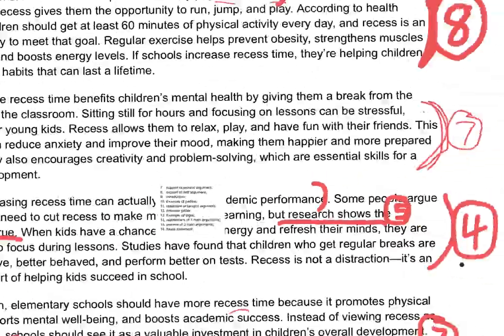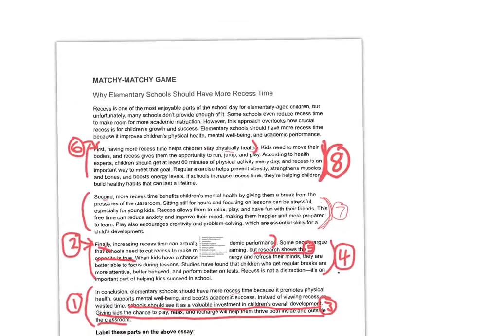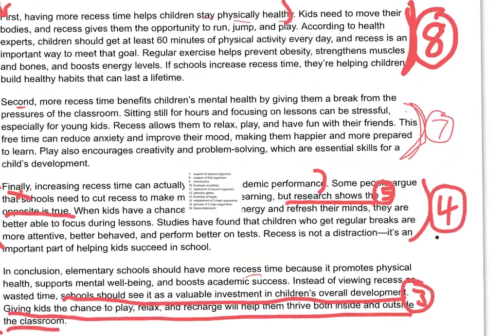number 9 is the introduction. Where is the introduction in this essay? Introduction is the first paragraph. So I'm going to draw a little bracket there, and I'm going to say number 9 is right there. There's the introduction. Everything in the first paragraph is considered to be the introduction. All right, next up